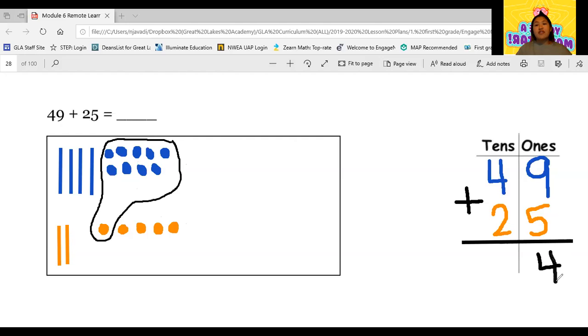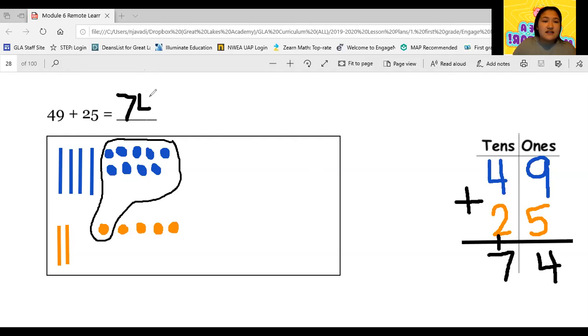If you know that 14 is one 10 and 4 ones, you can also write 4 ones right here and your 10 down here. Either way works. Now let's check out the tens column. We have 4 tens and 2 tens plus the new 10 that we made. That gives us a total of 7 tens, and our answer is